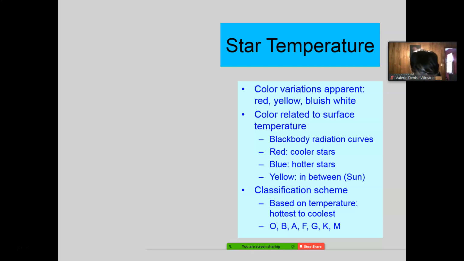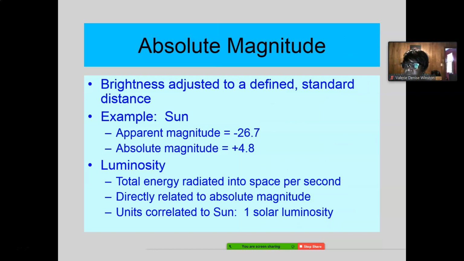But before we go there, I just wanted to point out to you example 4.2. The brightest star in the Earth's night sky is Sirius. We saw that earlier. Sirius has an absolute magnitude of only plus 1.4. So it is much brighter than our sun. Let me go back a slide. Our sun was plus 4.8.